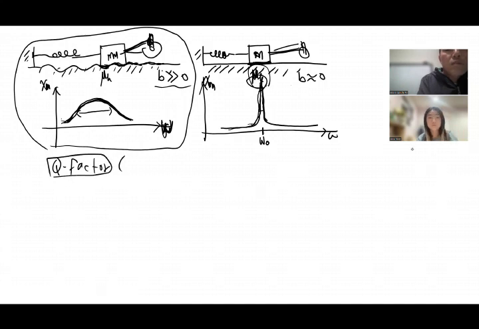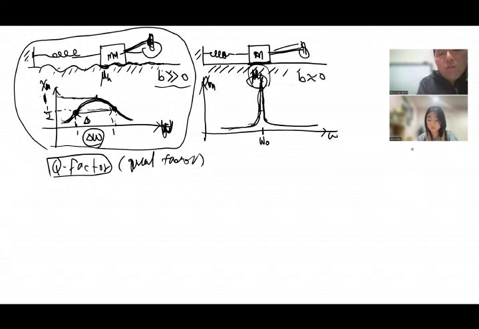From the half of the maximum value, if it is like 1, you take a half of that, and then connect to these 2 points. And that is called the bandwidth, like this, okay? So one more time, you pick up the maximum value of displacement and take half of it,